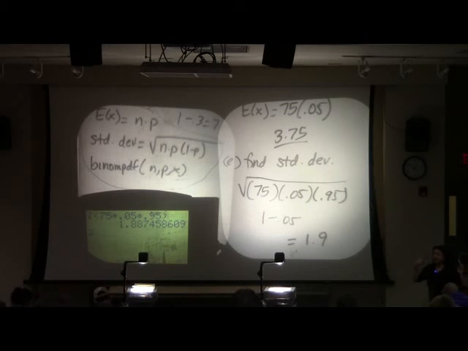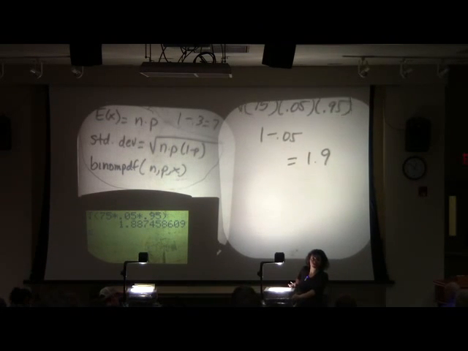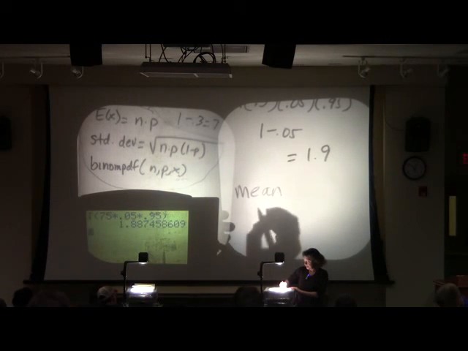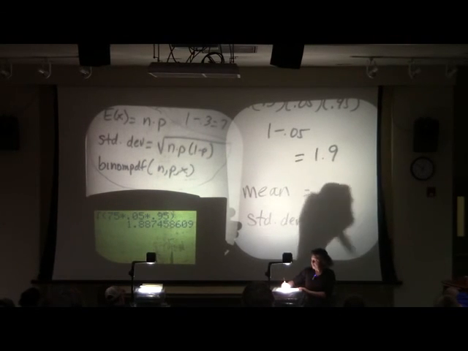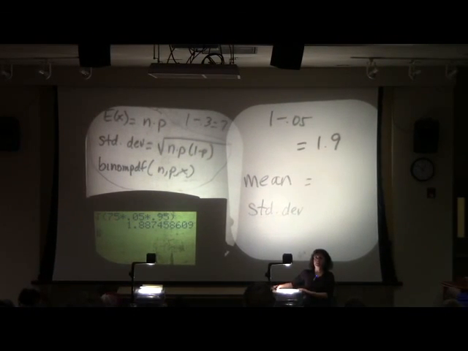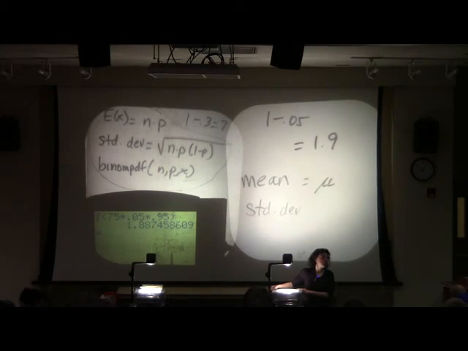Okay, before I let you guys go, again, in case you came in late, your quiz is on 8.3 and 8.4. But let me show you this notation. The mean and the standard deviation. The notation from here on out that I use for my mean is mu, the Greek letter. And the notation